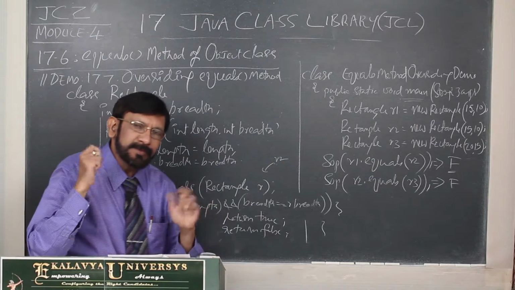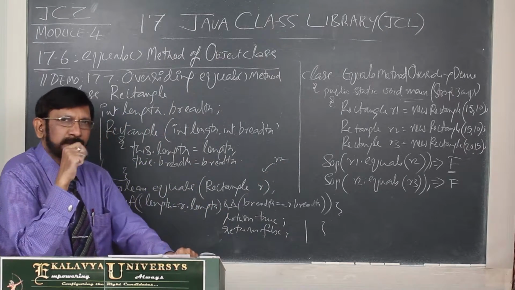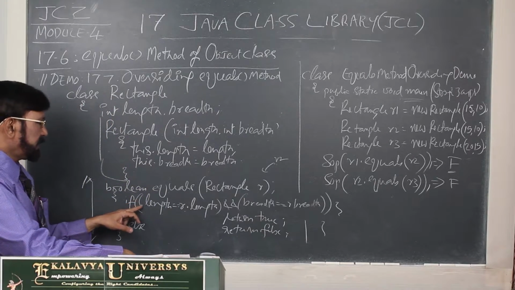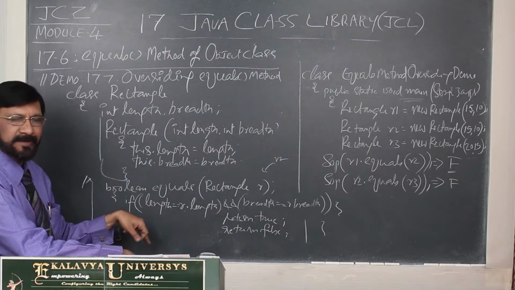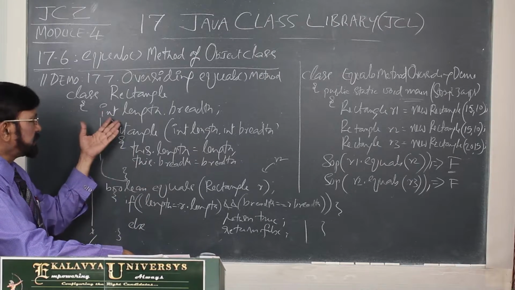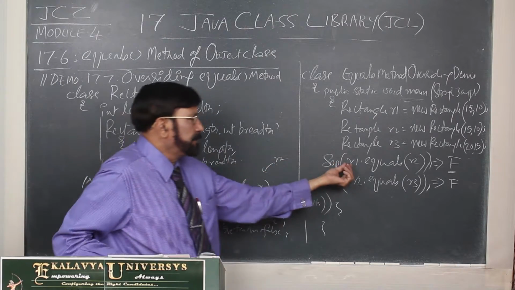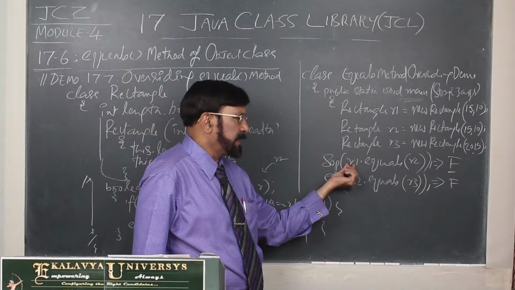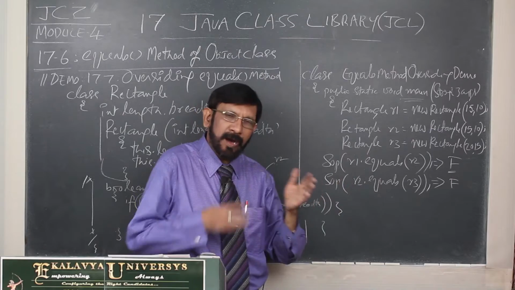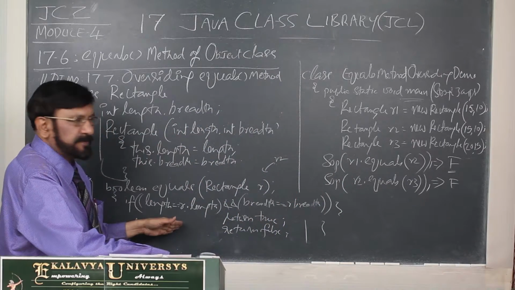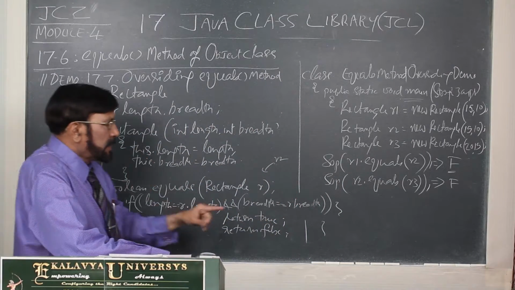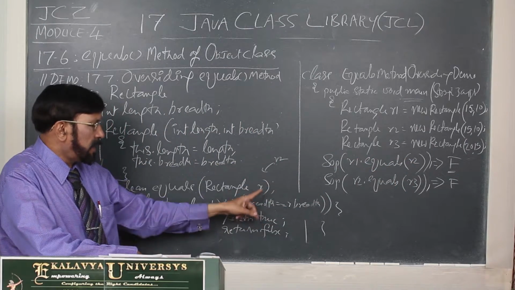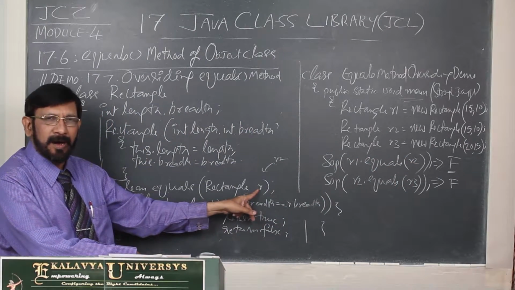How is comparison possible? That is our doubt. I already explained this point. Here, length means the length of whichever object is calling. Who is calling? R1 is calling. Now, how many R1 are present by itself in this method? Now, you are passing R2, and R2 is copied into R.